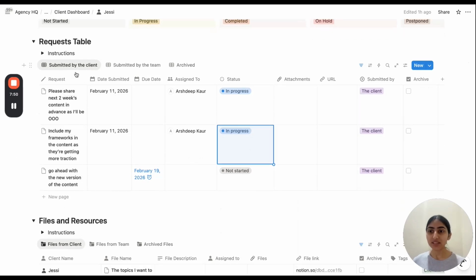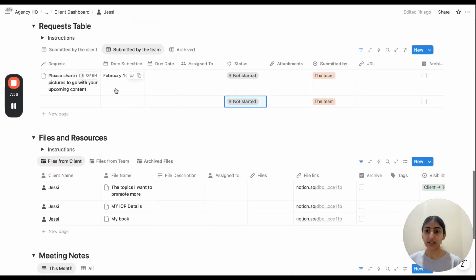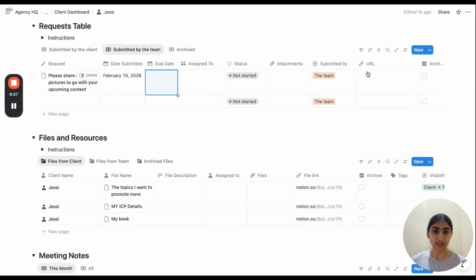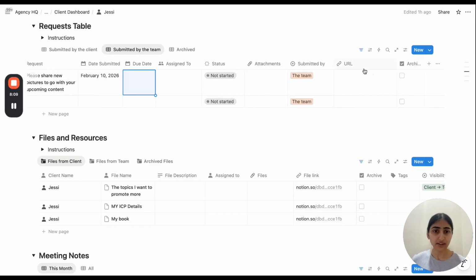And here your team can add any of the requests that they have for the client. For example, please share new pictures to go with your upcoming content. What's the due date? Who is assigned? What's the status? Any required attachments?